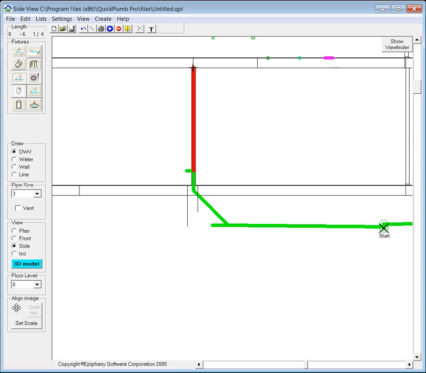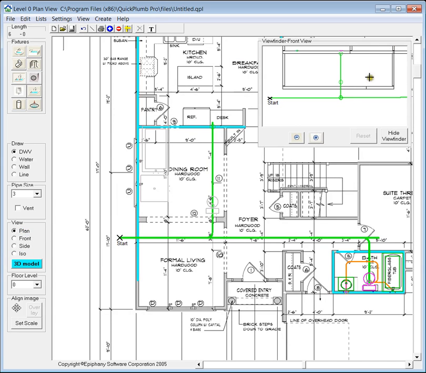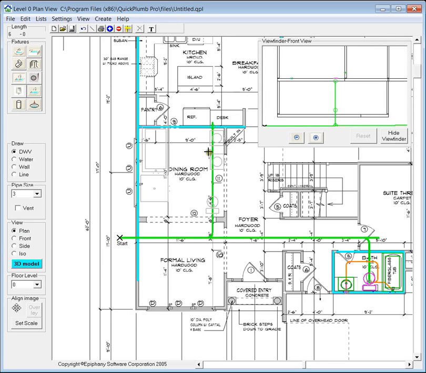Okay, so now we're ready to extend our pipe over and into the second story floor system. So this will be a good time to switch back to plan view, and we want to make sure we're working with the second story branch and not the one in the crawl space. So we'll draw a square around the second floor,